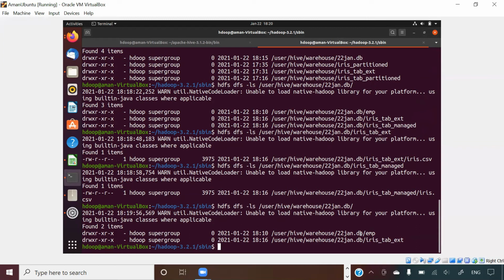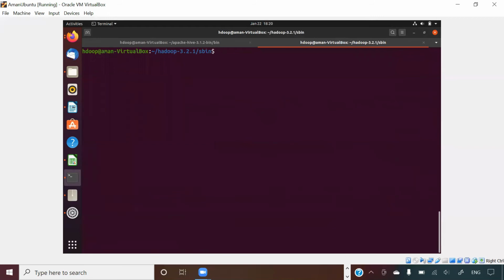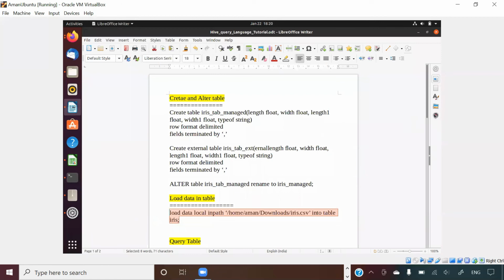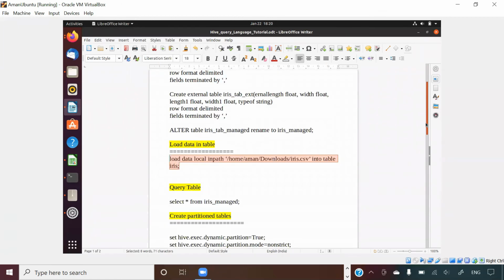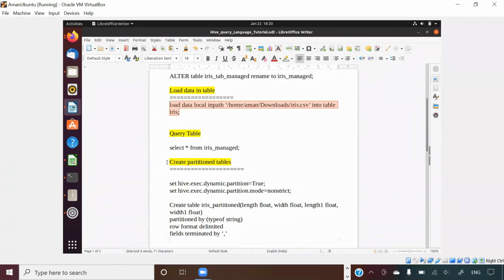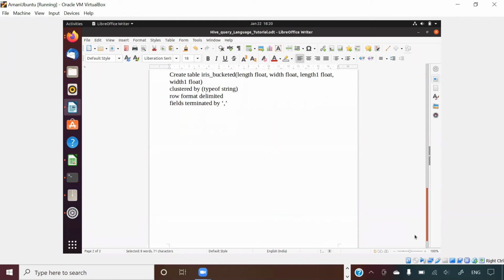So till now we have covered how to create a table, how to load data in that table, and various things regarding that, right? Now we are going to understand one more Hive concept known as partitioning. I will just tell you what partitioning is. Let me give you a simple example.